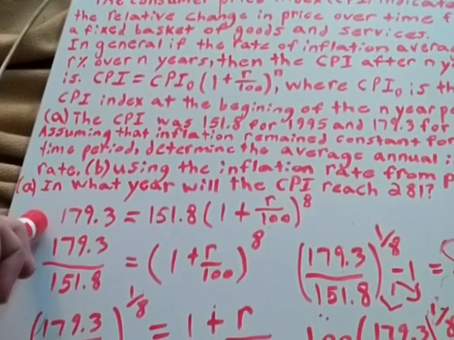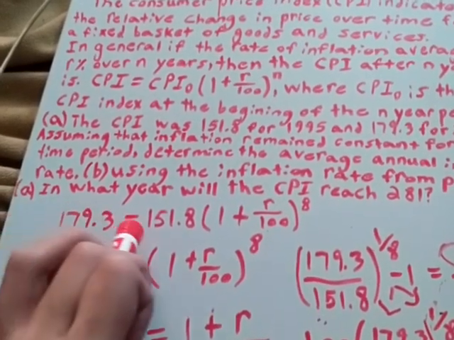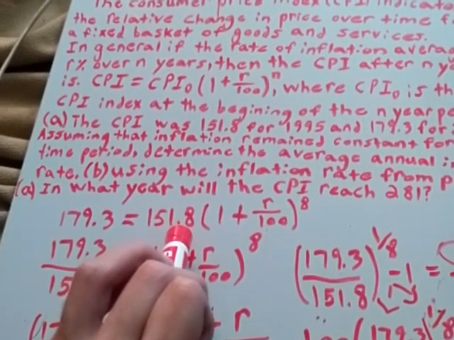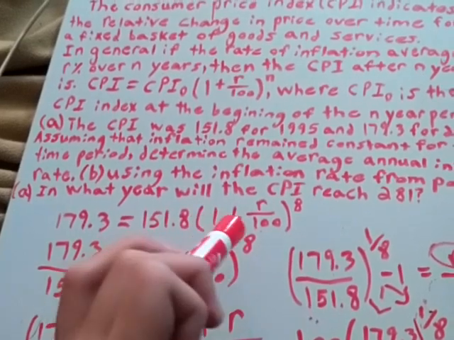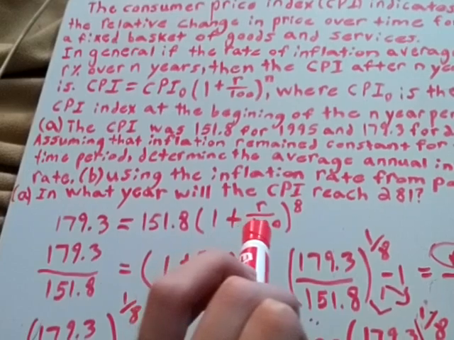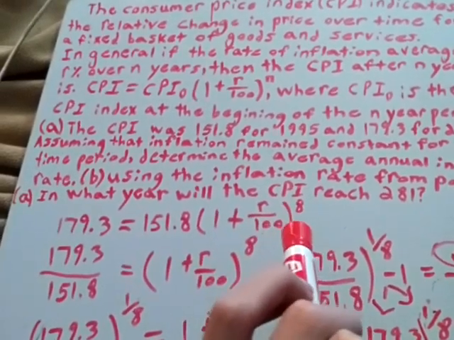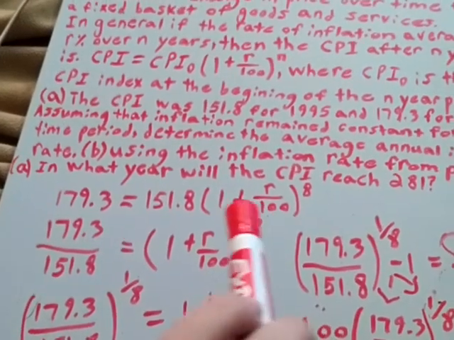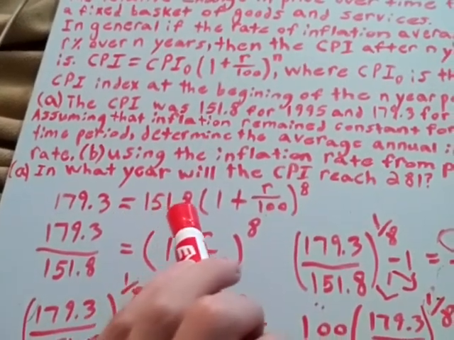So I have 179.3 equals 151.8 times (1 plus R over 100) to the 8th power, and I'm trying to solve for R. Okay, so to solve for R, I'm going to have to first get rid of this